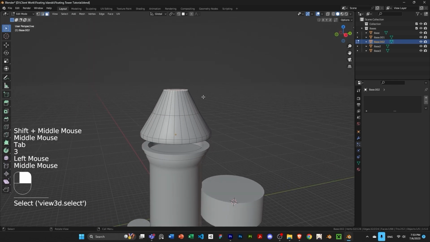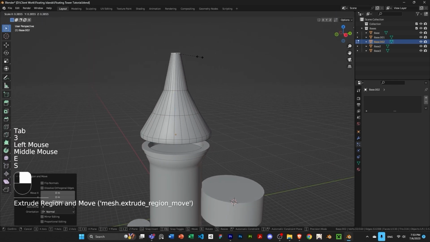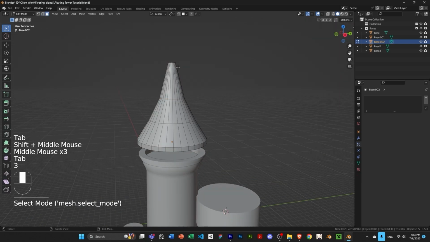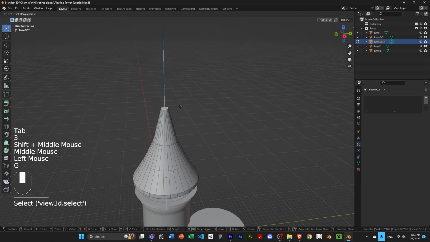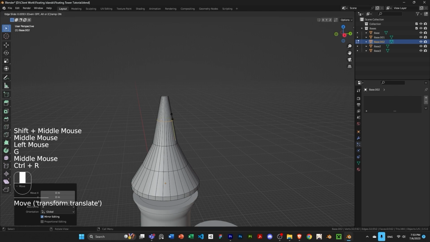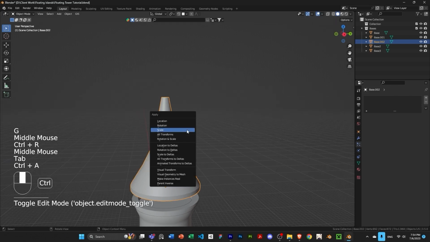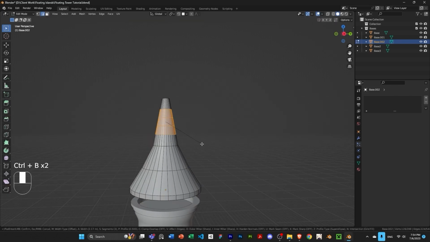And then I'm just going to keep on extruding and scaling down. I'm just going to keep on adjusting it until I get something like this. Maybe add a loop cut here, and then I need to apply my scale. Then I can hit Control B, and then I'm going to use my mouse wheel to scroll up and add